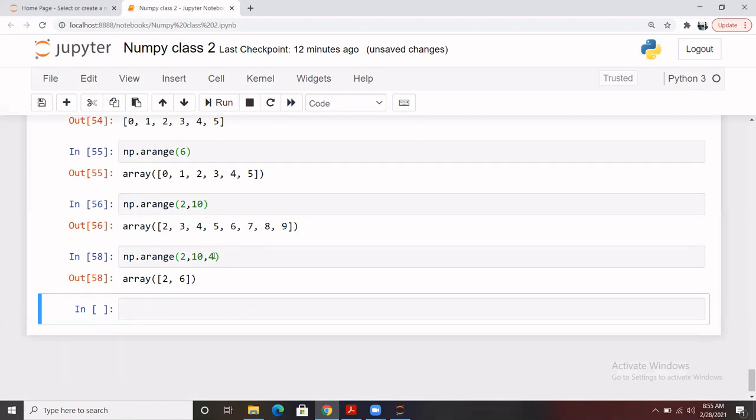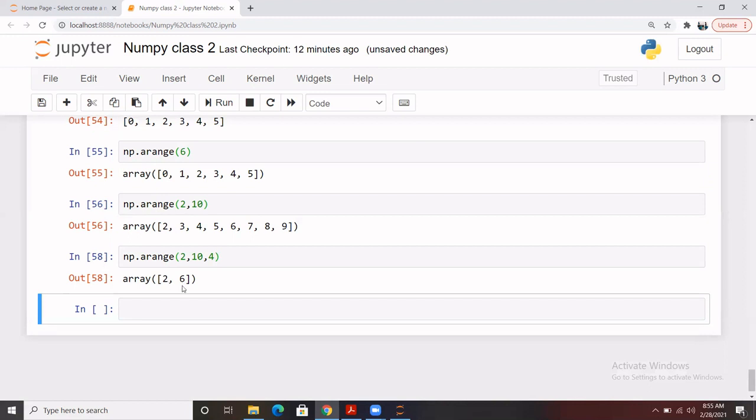Let's say you have created an array with the arange function. Now let's say we want to reshape that array that is in one dimension, but we want to create a two-dimensional array using the np.arange function. Let's say any sequence you have created, and you want to change it to a different dimension.